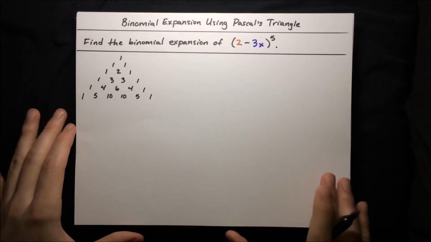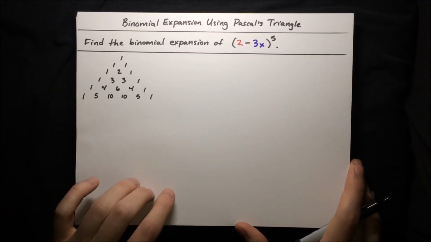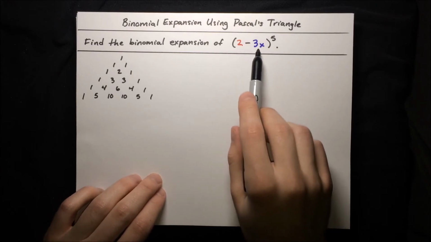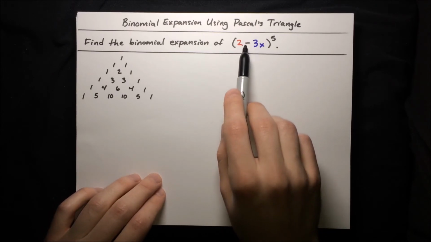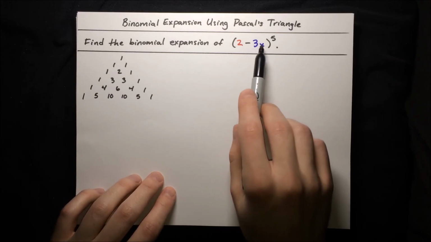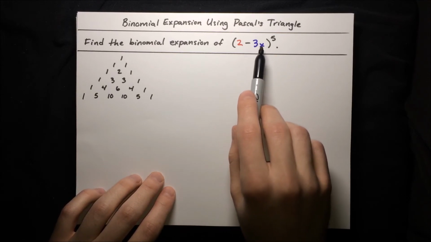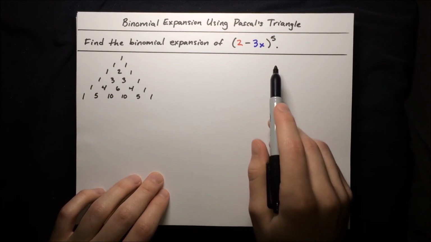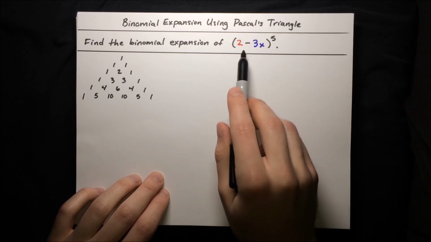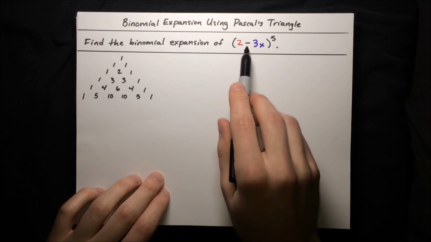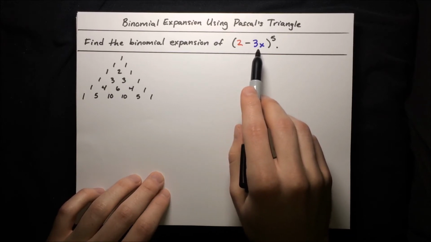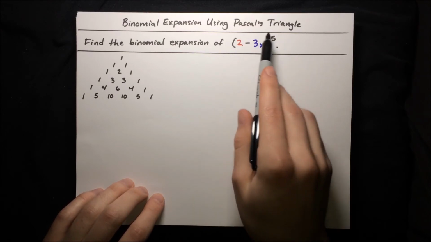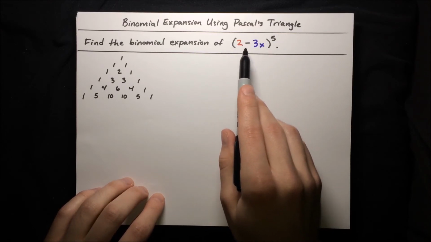Here's another example. This one's pretty similar to the previous example, except it's a little trickier because now we have bigger numbers, 2 and 3. Also, there's a negative sign here, and the second term here is actually two terms multiplied, the 3 and the x multiplied. But nevertheless, let's go ahead and proceed like usual. But like usual, we have a plus sign in between. So before we start out with the actual expansion part, let's rearrange this binomial to have a plus in between